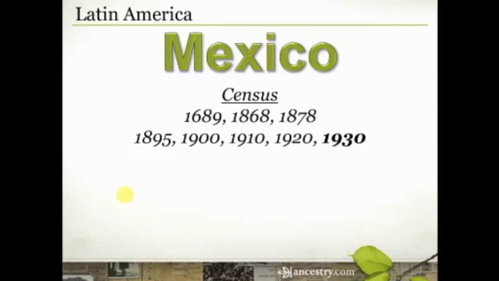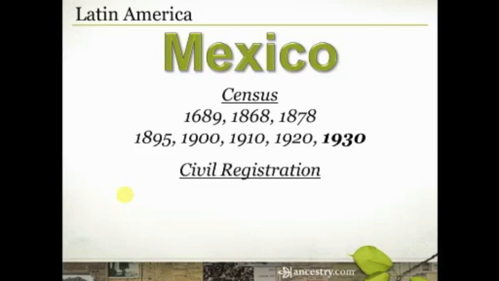Provides some really, really rich information, and a lot of times you'll see very large family groups. I was actually looking at one this morning, I should have saved it on the screen for you, where there were actually 4 generations of a family living in the household. There was a bunch of children, their parents, the grandparents, and then a 105-year-old great-grandmother living in the household as well. That's really exciting when you can see those kinds of family groupings in these particular records.